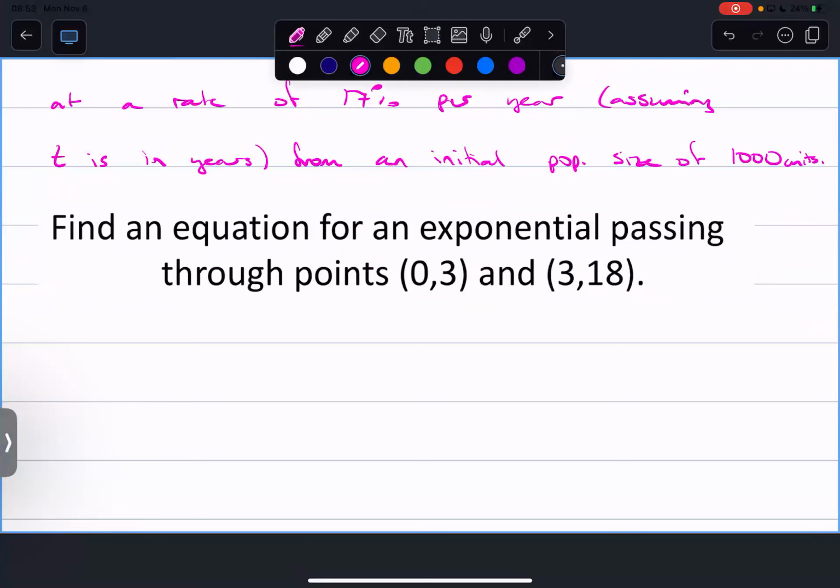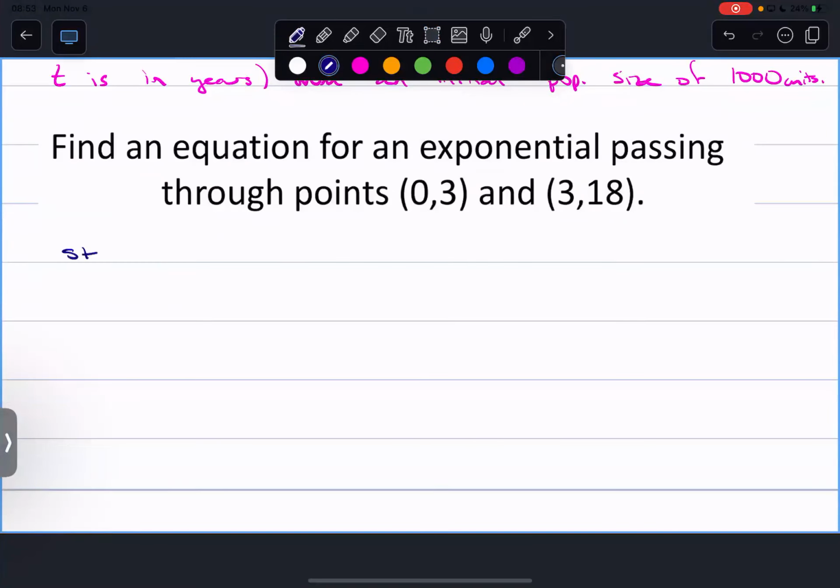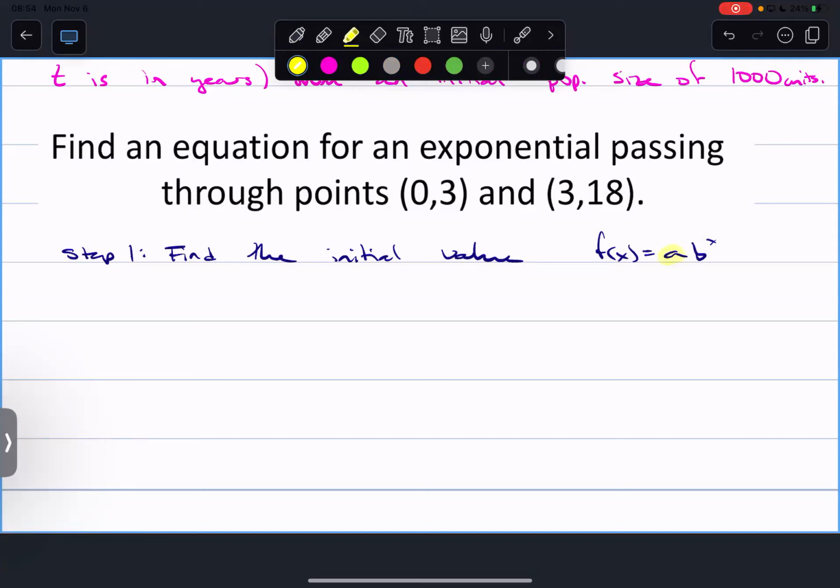And so step number one is usually find the initial value. f of x is a times b to the power of x. So you're going to find a. In this case, we're starting off nice and slow. Why? We know that a